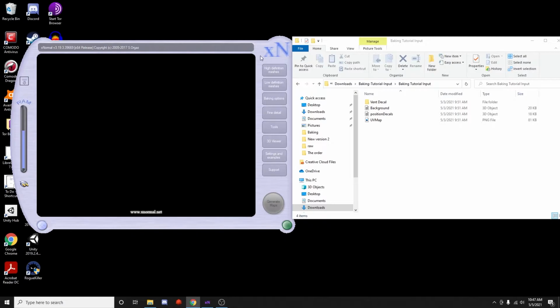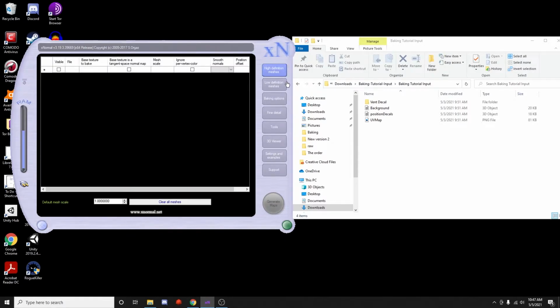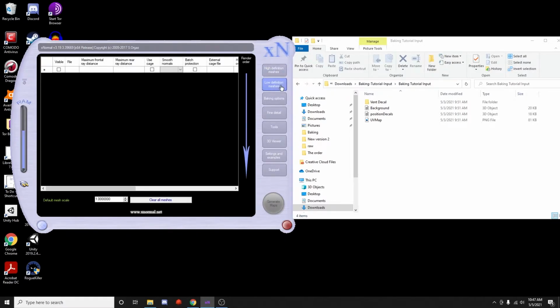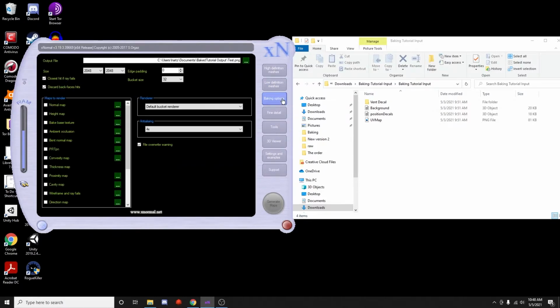We're going to use the high definition meshes tab, the low definition meshes tab, and the baking options tab. We don't need any of these other ones for now. Tools has some good things that you might want to explore on your own, but we're not going to use them in this tutorial. Okay, so the normal way you'd use XNormal, you'd go into this baking options tab and